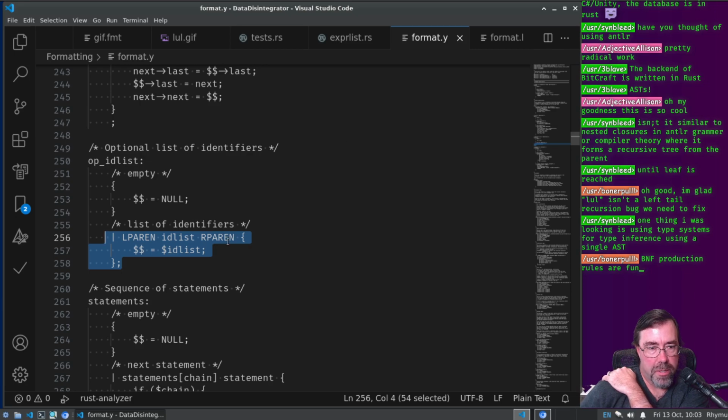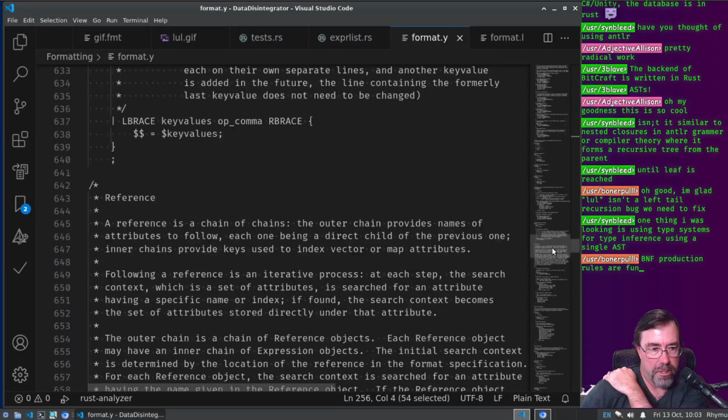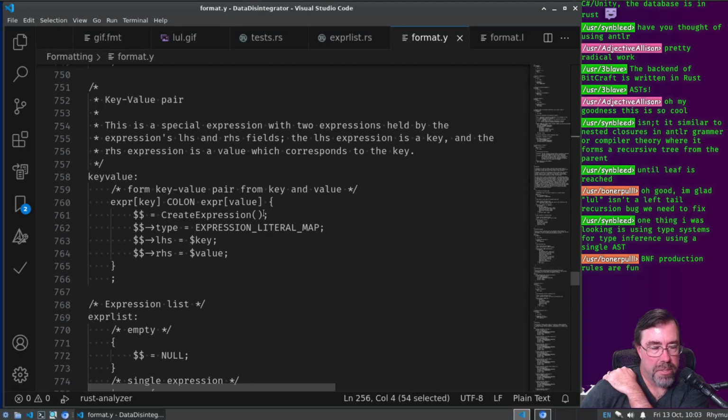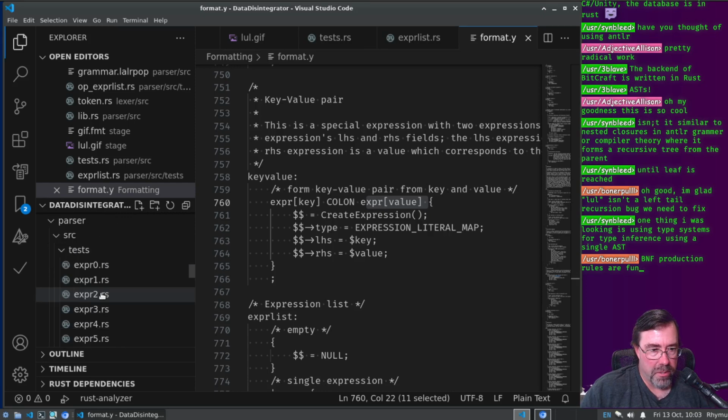I think what I was about to do, now that I had optional expression list, is I was going to do a key value. Right, because a key value is just one expression colon another expression. So, test-driven development, right? We would have,